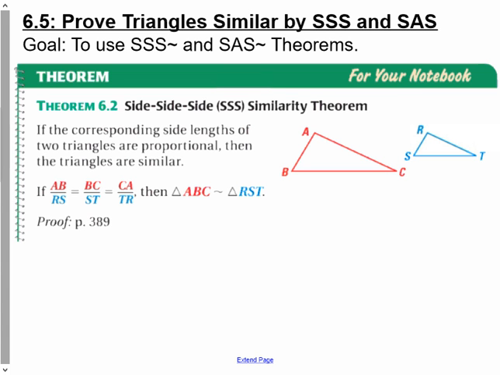Today we are learning a lesson on 6.5, proving triangles similar by side, side, side, and side, angle, side. As I mentioned in the previous lesson, angle is going to be our go-to, especially in proofs. Fortunately, this says prove, but for the most part, this is more of an algebraic method, because we need numbers to see the sides are similar, or we already need other triangles similar in order to get to this point. So starting off, if all three sides of one triangle are proportional to all three sides of another,